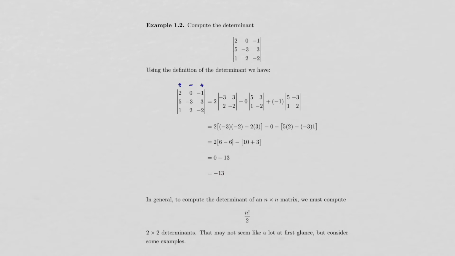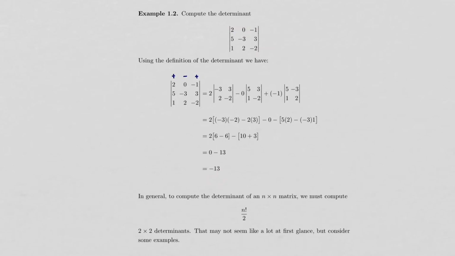Notice that the determinant of a matrix is a number. So you can think of the determinant really as a function, and it takes as its input a square matrix. Remember, in the definition, the determinant is only defined for an n by n, or a square matrix. So we can't have the determinant of a 3 by 5 or a 4 by 2 matrix. Determinants are only defined for square matrices. So the input is a square matrix, and the output is a number. And it doesn't matter what size the matrix is, 3 by 3, 3000 by 3000, the output is always a